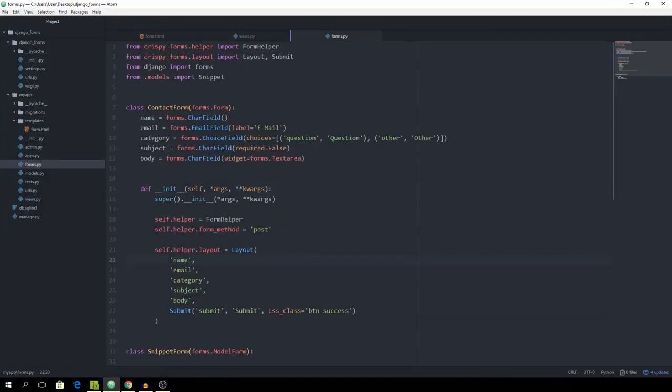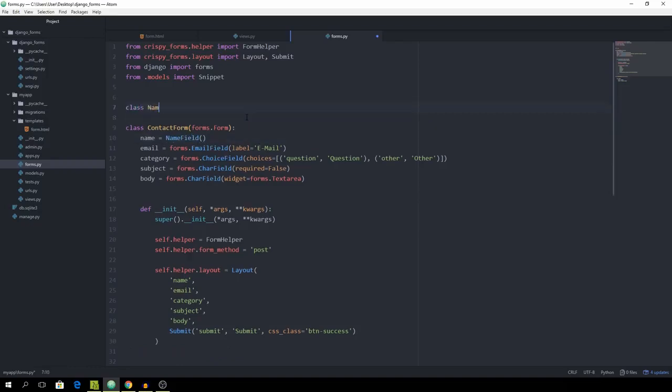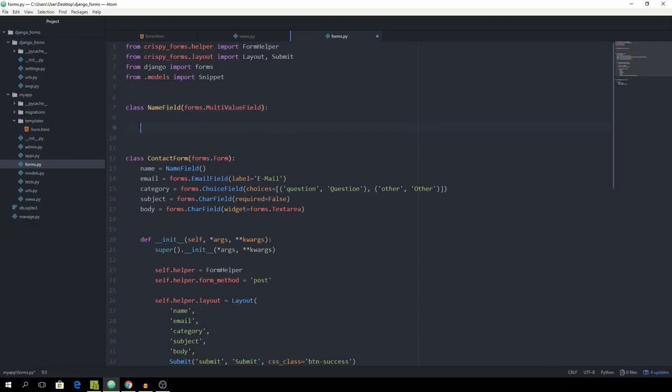And next up I want to cover a very specific field called the MultiValueField. And this one you can basically imagine as one field that contains many other subfields, and we want to use it for the name in this case, although it might not be the best use case, but still it works. So let's go ahead, and we want to set name simply to NameField, create a new class called NameField which subclasses from forms.MultiValueField,